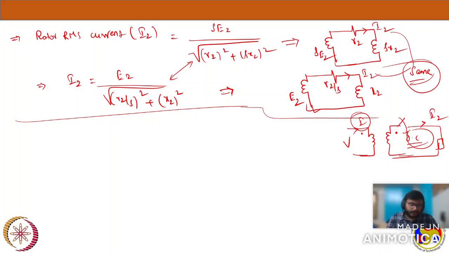But you have to understand this important concept here. There always exists MMF balance in a transformer. So N1 I1 is always equal to N2 I2. That is what keeps this MMF balance. So see here,